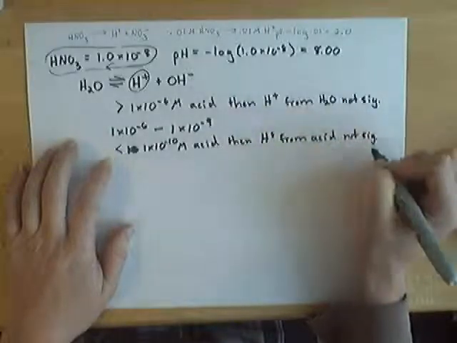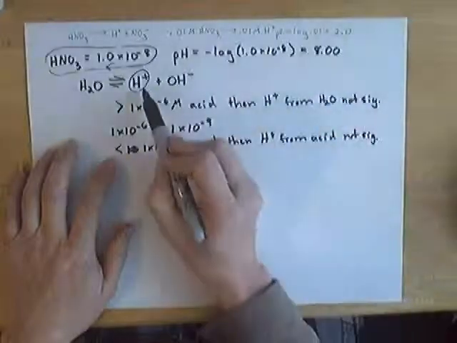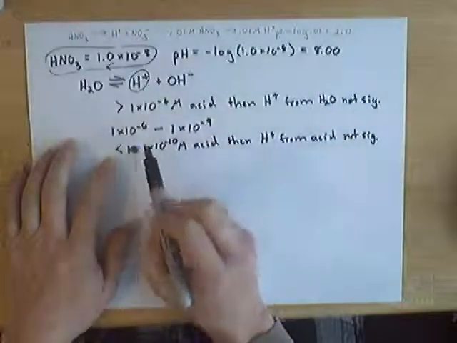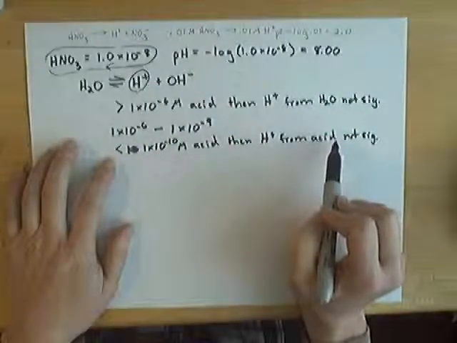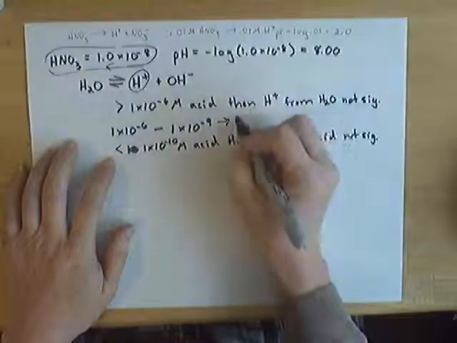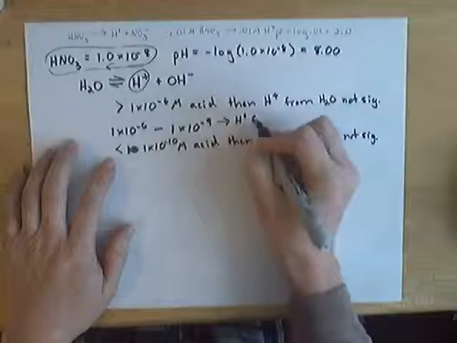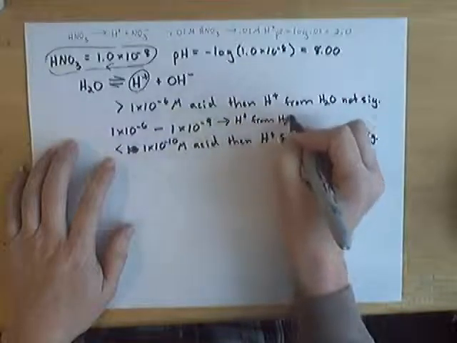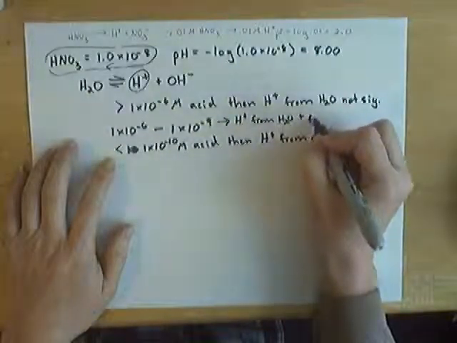All right, and the only significant source of H+ is going to be from the ionization of water. In this situation, you're going to have a pH of 7, okay? But in these in-between cases, you have to take into account H+ from the water and from the acid,